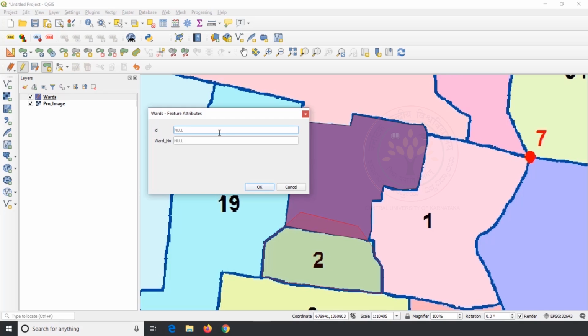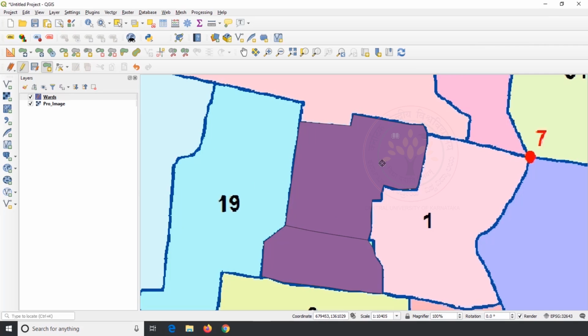And finish the digitizing inside of the existing polygon. For the third polygon, now I start at the boundary of a polygon and end at another boundary of a polygon.